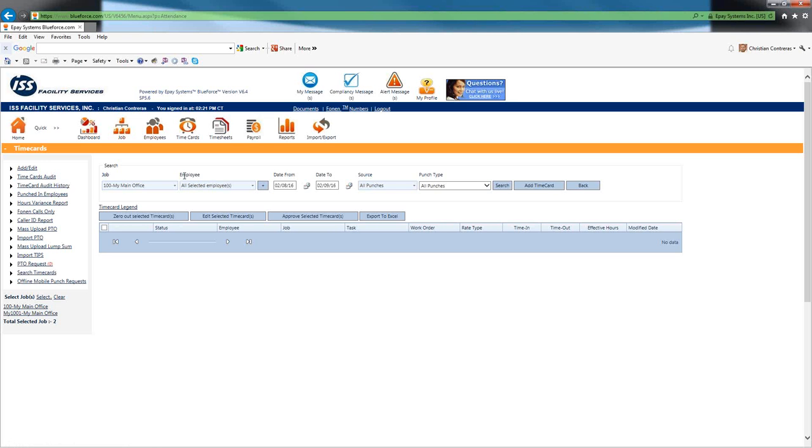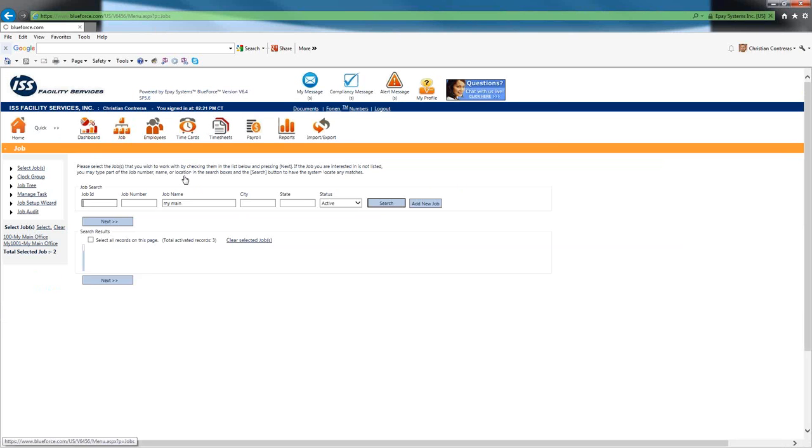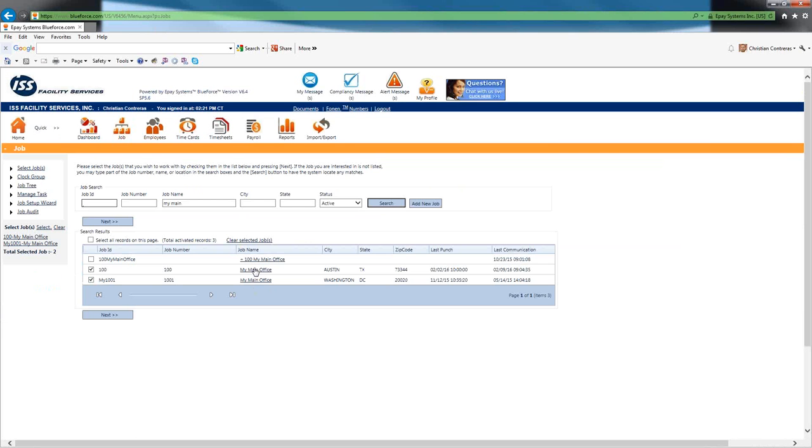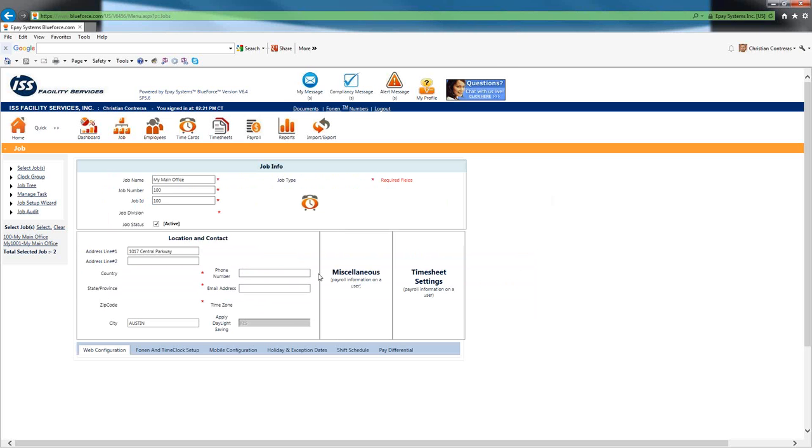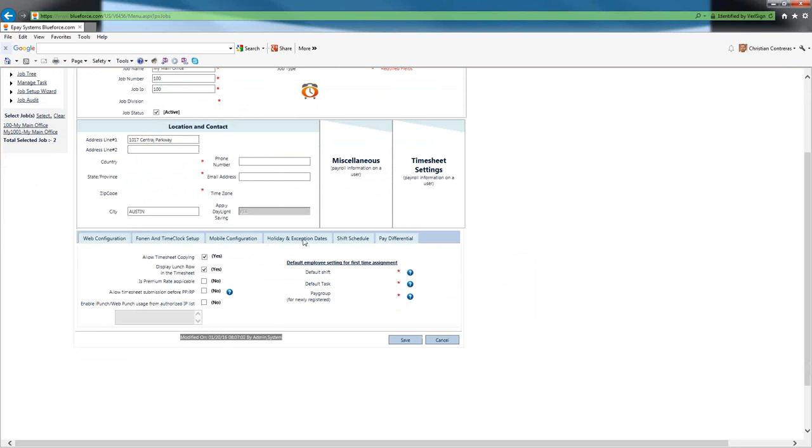What I will do now, on that particular scenario, if I want to go to the job record, I'm going to go back to my main office. I'll use that one as the job in question here. Once I go to the job record, at the very bottom of the screen, I have a tab called Holiday and Exception Dates. Now, the Holiday and Exception Dates allows me to go in and set up those